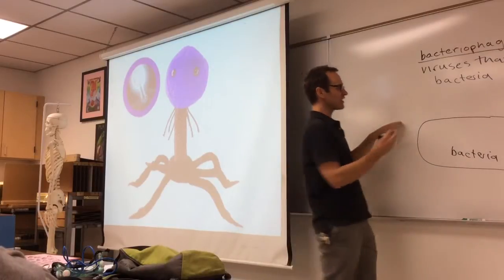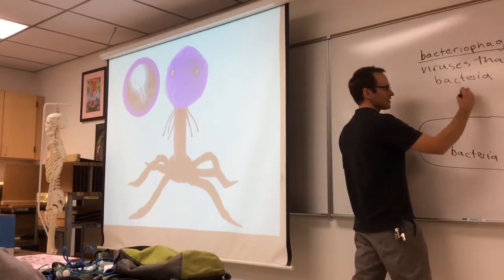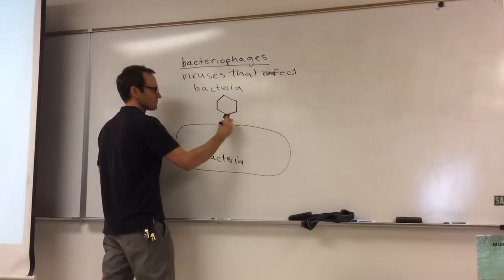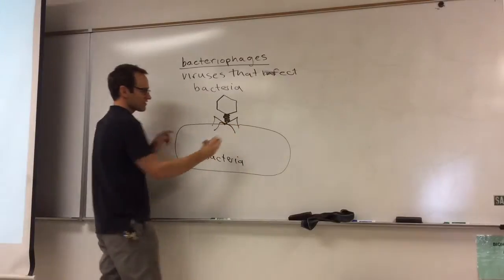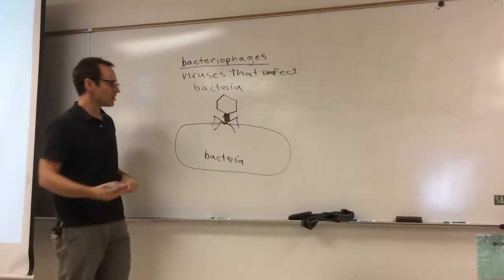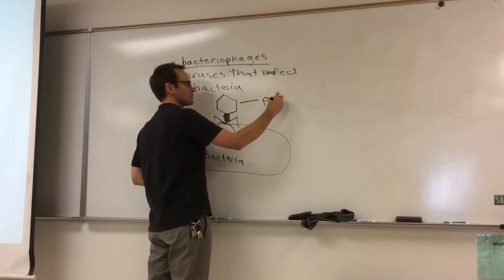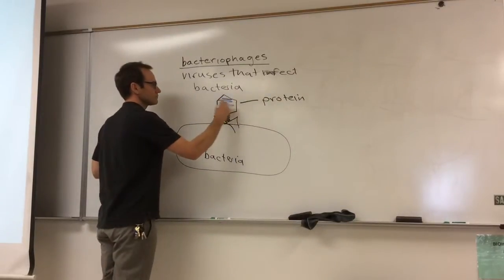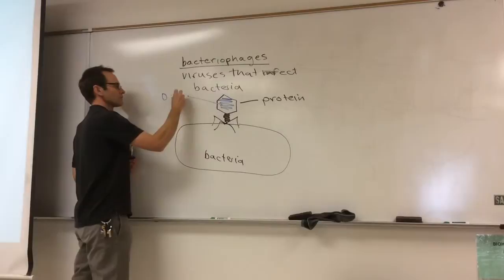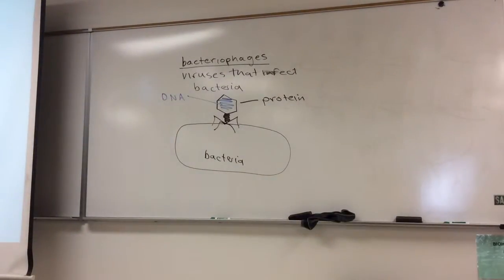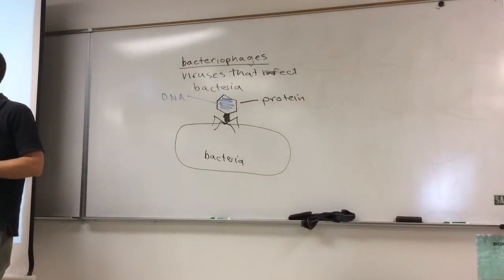So if you look at a bacteriophage, they don't all look like this, but the ones we're interested in have this structure. They have this head, this neck, and these docking feet or arms. And all they're made out of is protein, and then in the case of this one, DNA. And so when you mix a bacteriophage together with bacteria, what happens is the bacteriophage latches onto the bacteria,